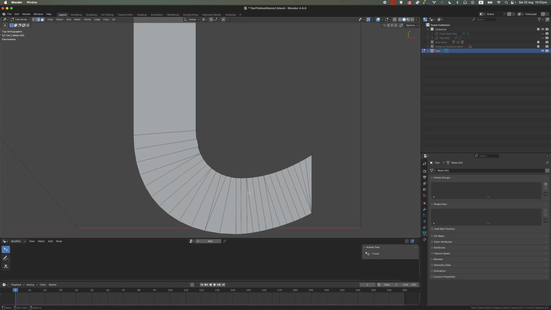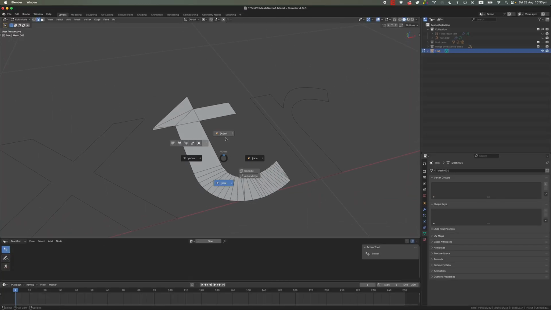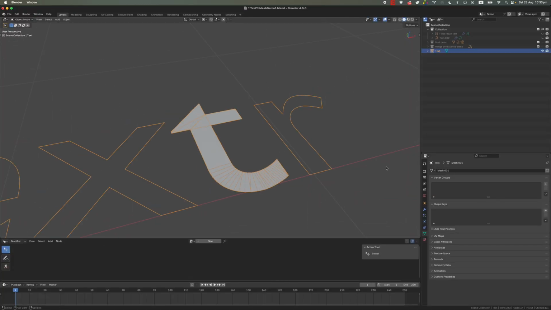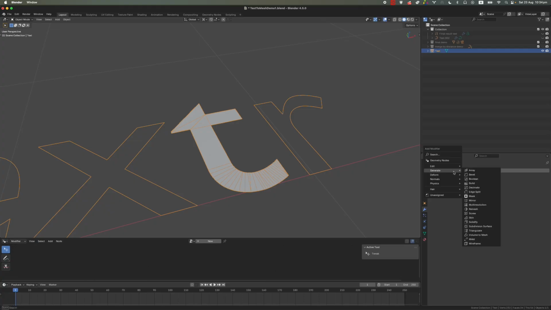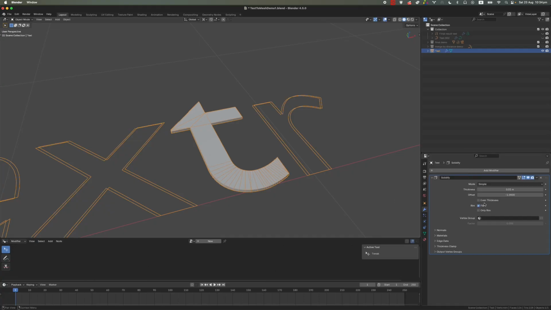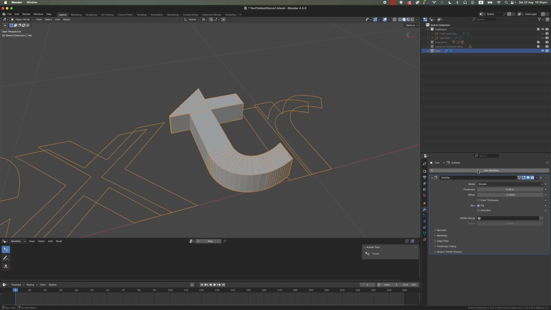Still some pinching will be a problem, but yeah, it's a mesh now. You can't do much about it in terms of changing the text, and then it's still manual work to fix this mesh, the faces and everything, but at least you can do all this solidify and then